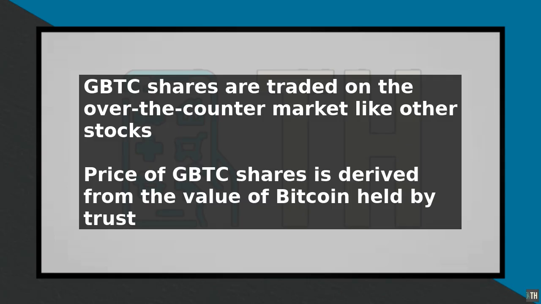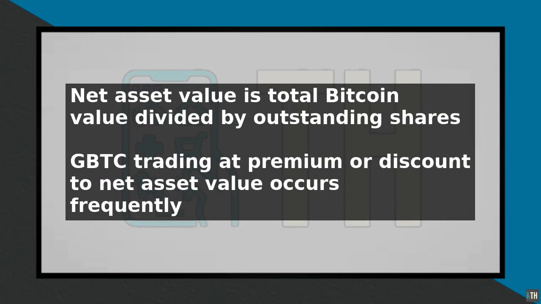For example, let's say the net asset value of GBTC is $10 per share, but the market price is $12 per share. In this case, GBTC is trading at a 20% premium to its net asset value. This means that investors are willing to pay more for GBTC shares than the actual value of the Bitcoin held